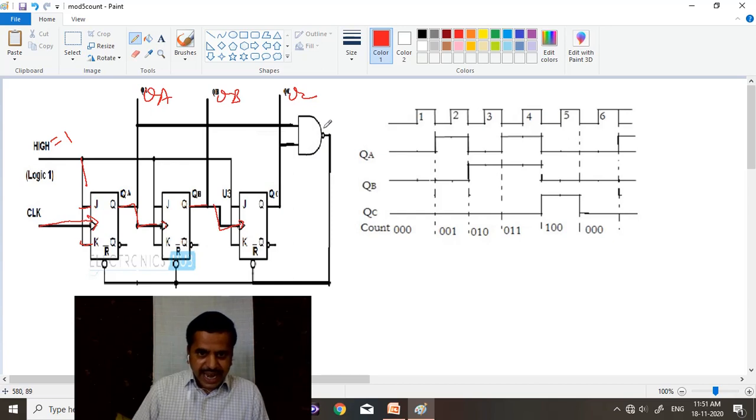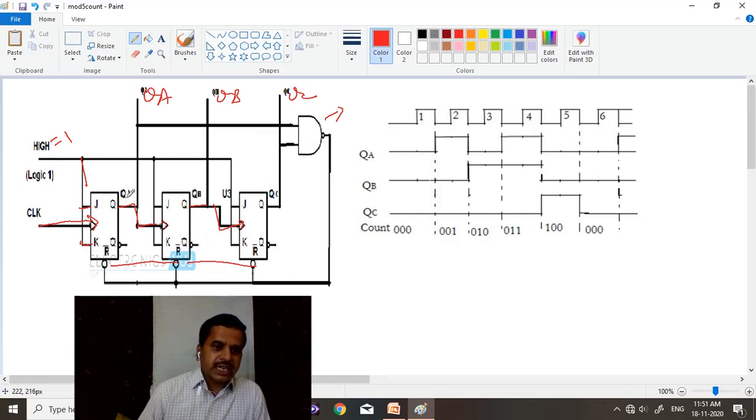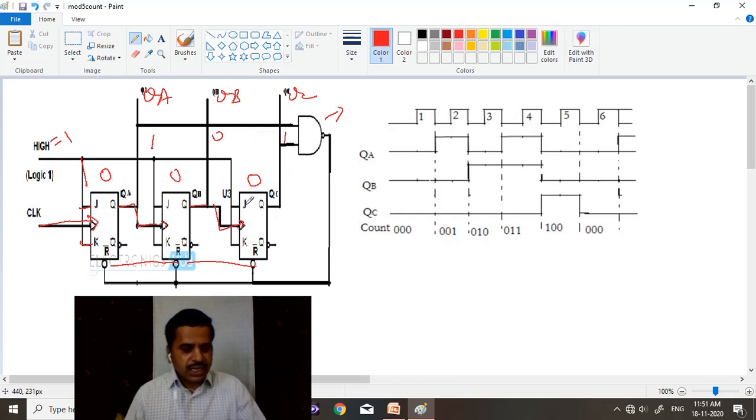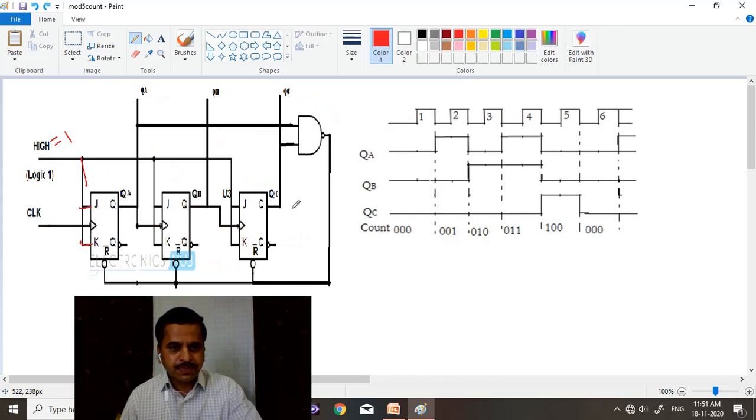Here we used a NAND gate to terminate the count at 5. The output of the NAND gate is connected to the reset pins of the flip-flops. Here the reset pins are active low signals. That means when 0 is applied to the reset pins, the flip-flop is going to be reset. Reset means it goes back to 0. When the flip-flops count 1, 0, 1, that is binary 5, automatically the flip-flops have to reach back to the 0 position. Now let us check how it works.